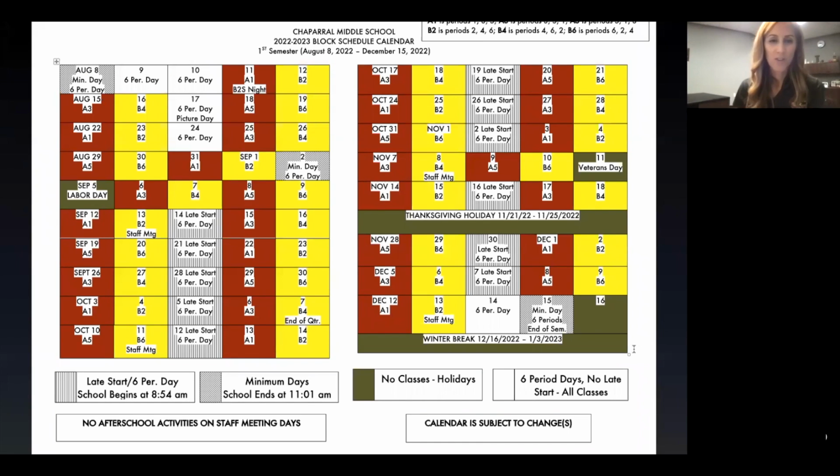Okay, Chaparral families, on this calendar, you're going to see at the very top right hand corner, there is a key. And if you're wondering where you can locate this calendar, it should be in your child's binder reminder, which was handed out during registration. So it looks something like this. I would recommend turning to page 5 and or page 6 because you'll be looking at the actual calendar along